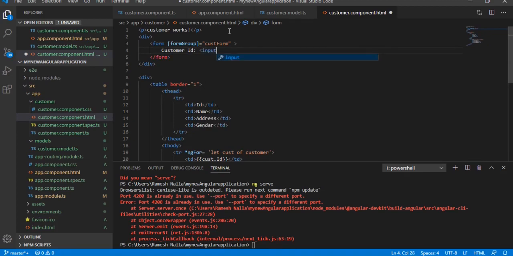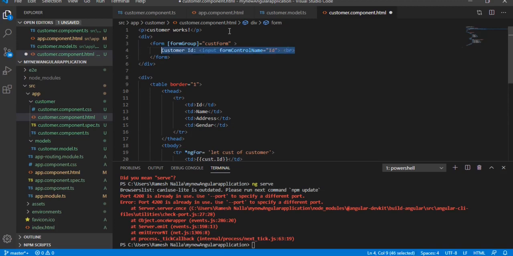So again, input, form control name equal to id, and give a break.